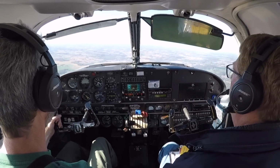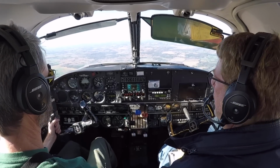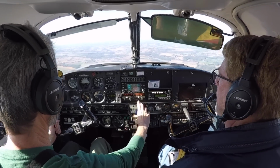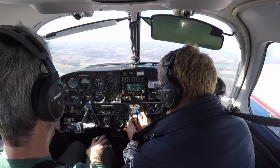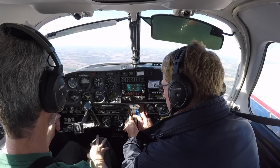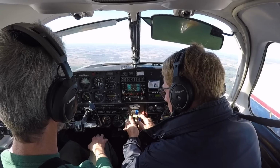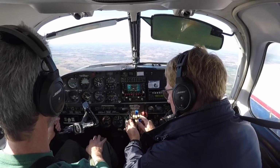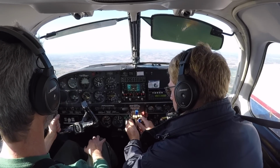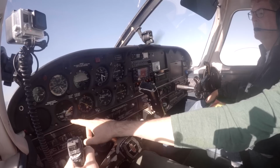So now we're going to feather it, and so what I'd like you to do is just pull the prop lever back an inch to indicate that you've feathered the engine. I'm going to go right. Yep. 1 inch. Okay, very good. So now that you've done that, keep your eyes outside because I don't have mine outside. Got it. So now I'm going to adjust as you do that, and it requires less of everything. Yep. Okay, so we have simulated zero thrust. Okay, so I'm just going to keep my ball half towards...